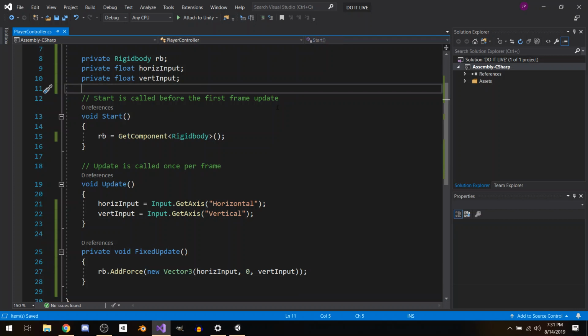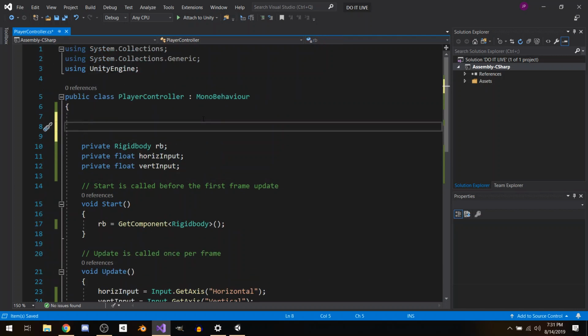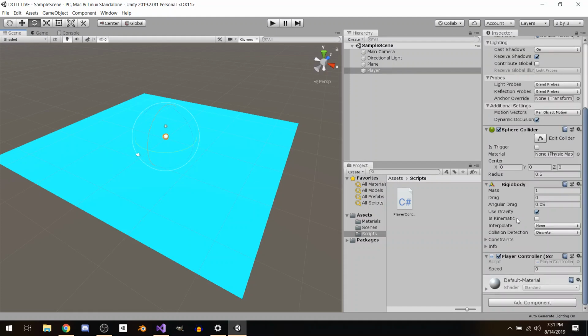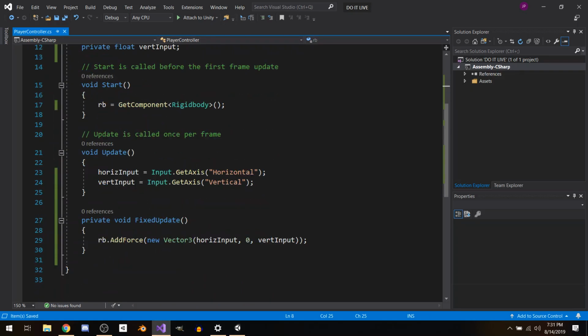Okay, so let's do the cool thing real quick. If you make a public variable, we'll just make it a float. We'll call this speed. And we go back to our player controller in Unity. You can now see that we have this speed field here in the component that we can play around with from the editor. So you don't have to go and mess with your code every time you want to make a tweak. So let's actually apply the speed. If you go down to where we're adding the force on our rigidbody, and you multiply the input by speed,